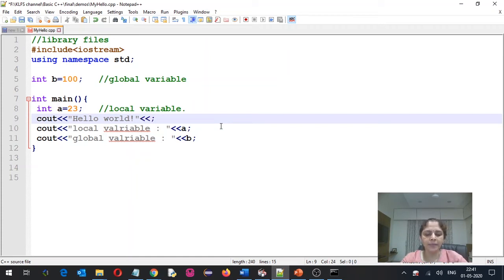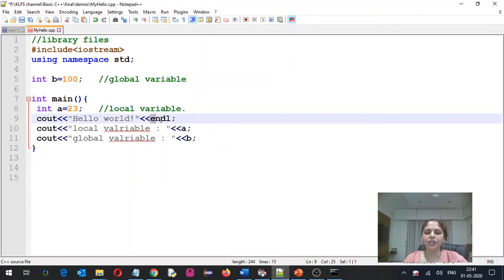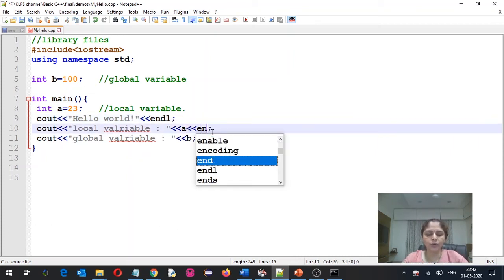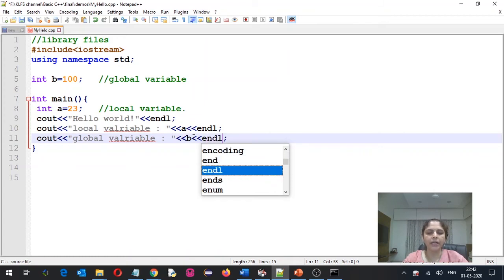In C++, they have defined a macro which is faster than \n. So usually people prefer using endl for displaying data on the next line. So here after this I want to go to the next line. Wherever you want a next line, you can use the macro called endl.